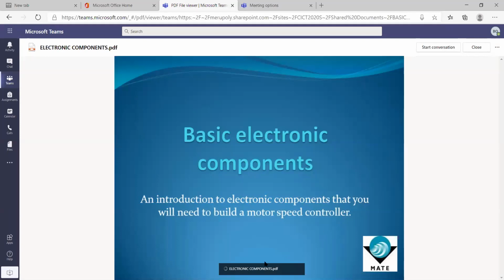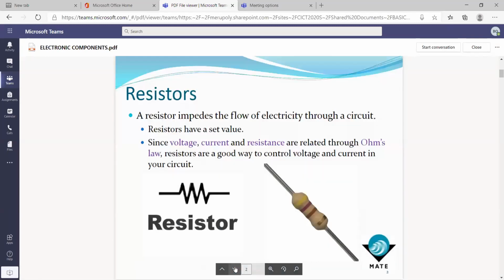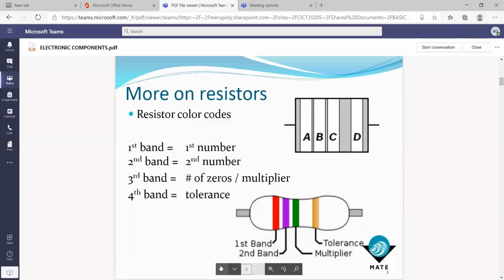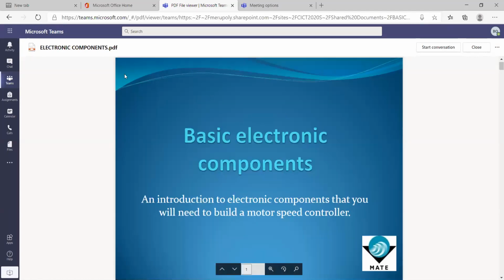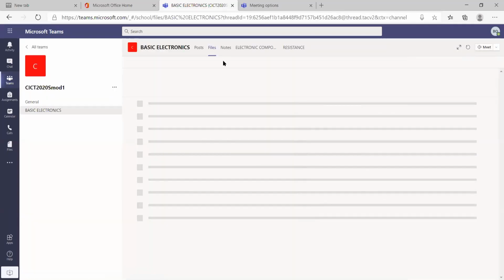Yeah, so these are the various files that I was able to upload. And you can see that we have those various topics. You can close that.